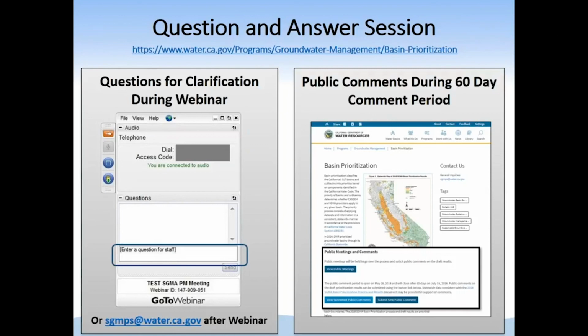And so there's a way that as you're submitting those comments, you can attach a variety of attachments if necessary to get that information to us. So if there is a question that you have in between now and the public meetings, I just wanted to highlight that those public meetings the week of June 25th will be a good opportunity for us to communicate with interested parties on the basin prioritization.